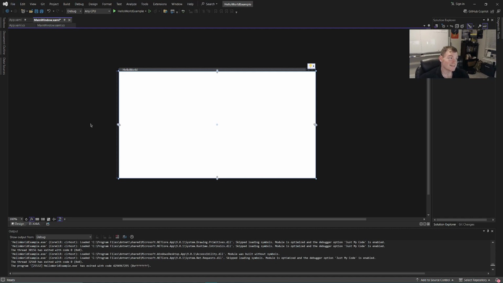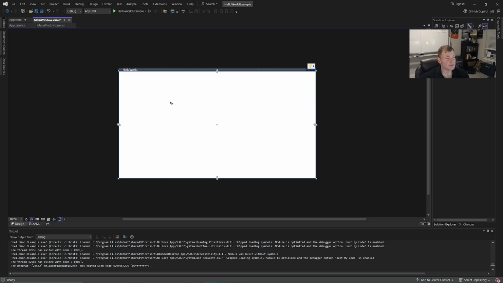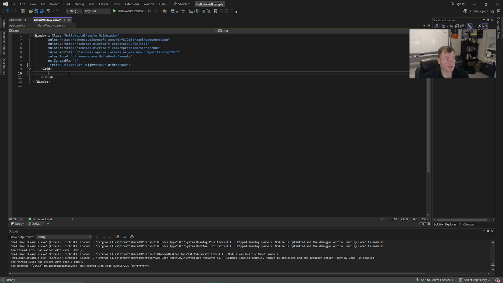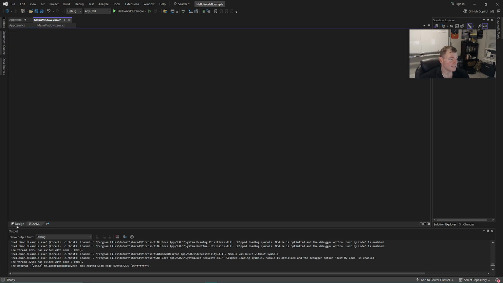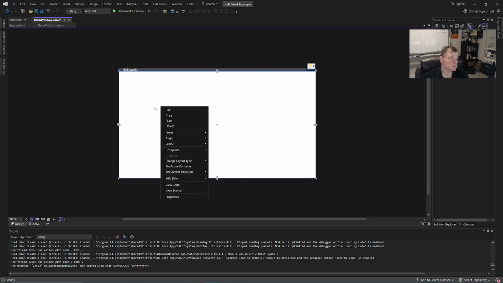Visual Studio provides a designer, like a UI tool that you can use for adding widgets to the screen. I personally don't like using it, especially when you start using custom widgets and things. It often doesn't work as intended. So for simple applications, it's super helpful, especially for getting a feel for it. Personally, I prefer just writing the raw XAML code myself, but if you enjoy using the designer or want to start with it, that's totally fine. You can still use both. So let's see,